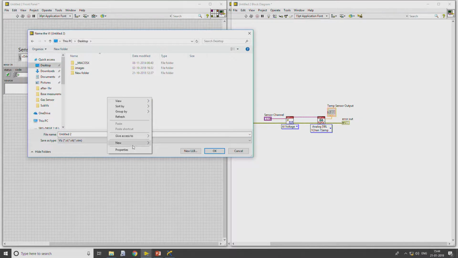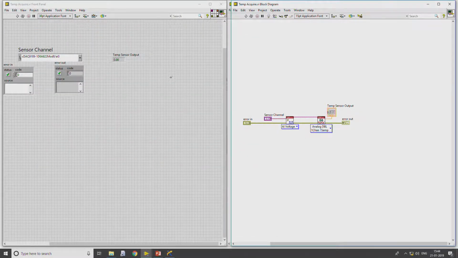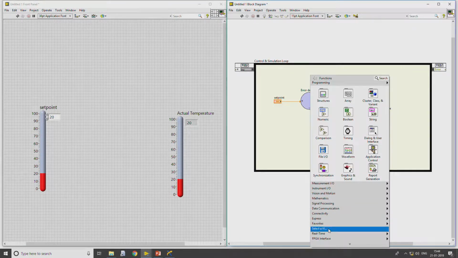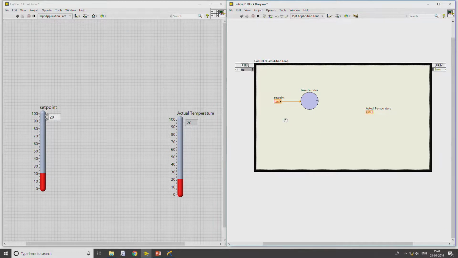I will create a folder, Temperature Acquire. So, I save this file, since I will be using the same file as a sub-VI.